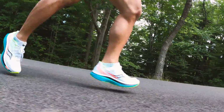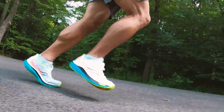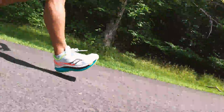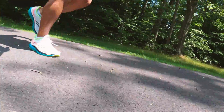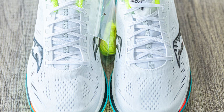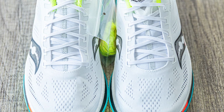You're getting an amazing shoe for that price with all of those features that I mentioned earlier, and it's one of the best shoes that I've tried on this year. It's probably my second favorite marathon running shoe behind the Nike Vaporfly Next Percent. It's got the closest feeling, in my opinion, to the Vaporfly Next Percent, and for the $200, it's cheaper, and it's better than some of the alternatives that cost almost $250 out there, like the Brooks Hyperion. So Saucony has done a great job with making the Endorphin Pro this year, and for $200, you're definitely getting